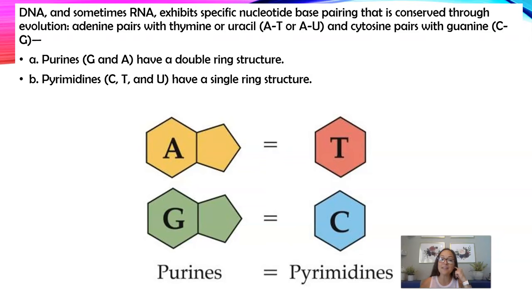DNA and sometimes RNA exhibits specific nucleotide base pairing that is conserved through evolution. So A pairs with T, C pairs with G. This was discovered by Chargaff in the 1940s, I believe 1947, as he looked at numerous different DNA samples from a wide range of species. He found that the amount of A pretty much always equaled the amount of T, the amount of G equaled